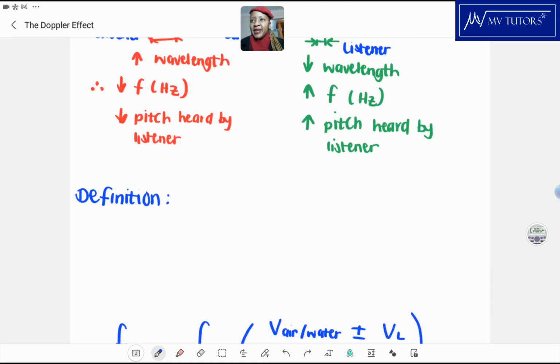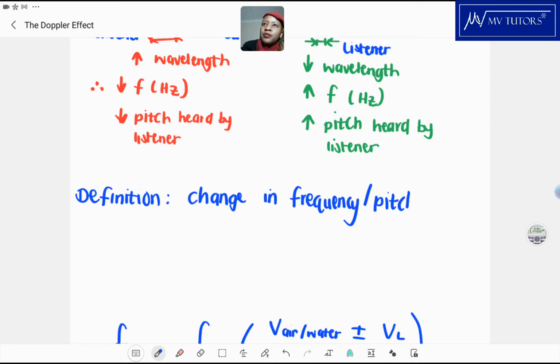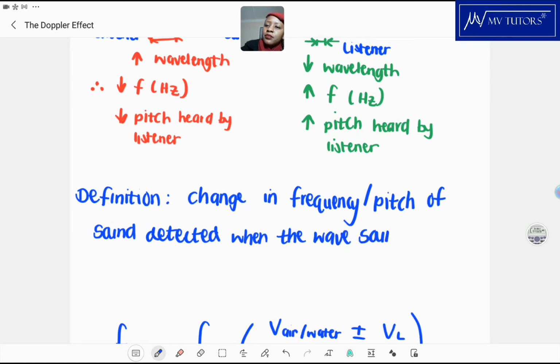The Doppler effect is the change in frequency or pitch of the sound detected when the wave source, it could be a siren from an ambulance or a police car or whatever,